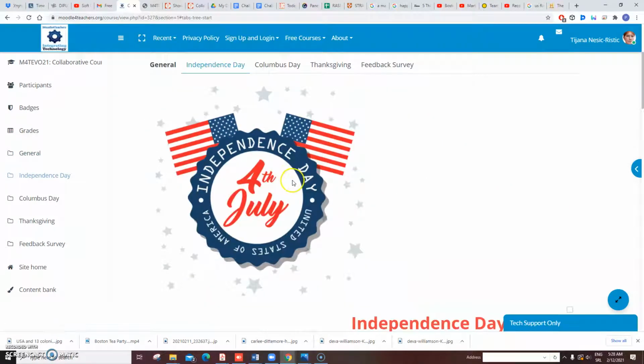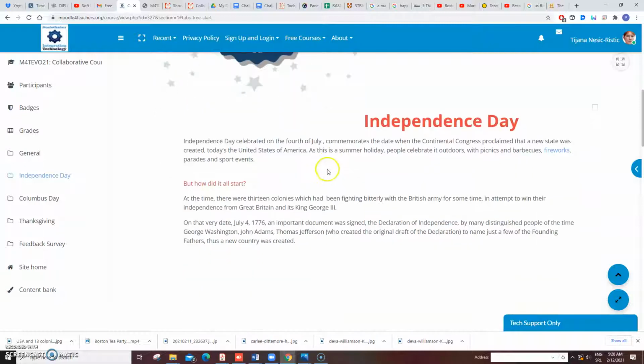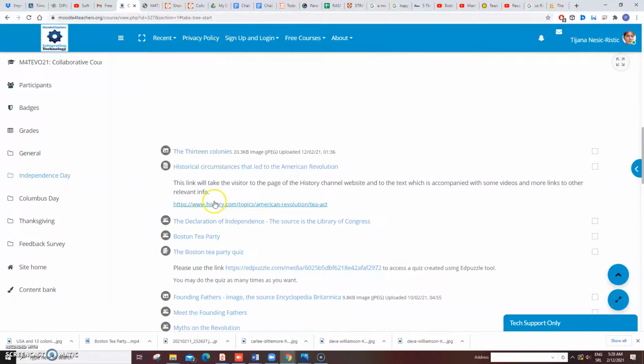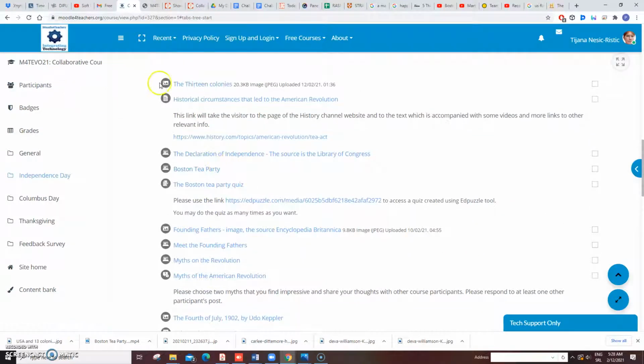Here is the logo and the title of the part. That was mutual understanding that each page would be similar in appearance and that it would have a red title and the picture. So here below there are different activities. These little icons at the beginning of each section,